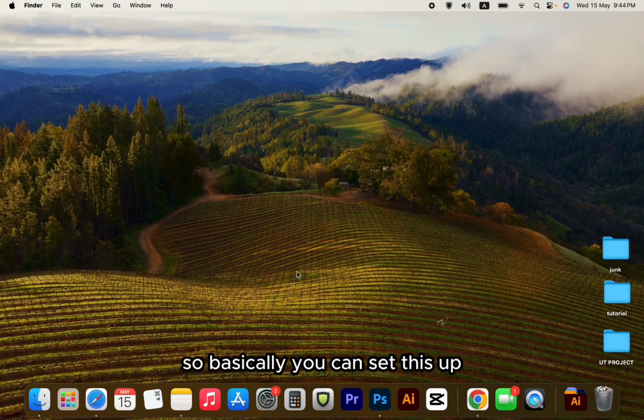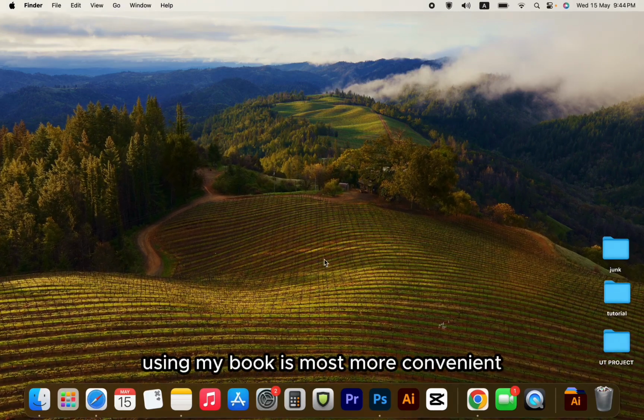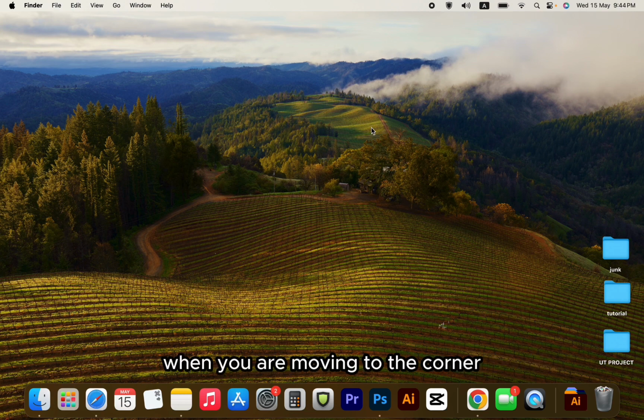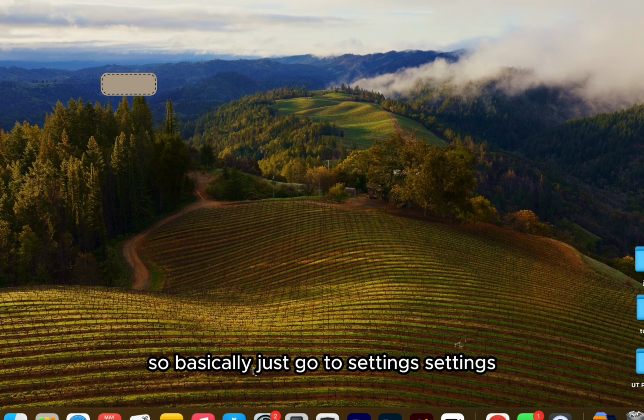So basically, you can set this up using MacBook. It is more convenient because you can set all kinds of things to be done when you are moving to the corner. So basically, just go to